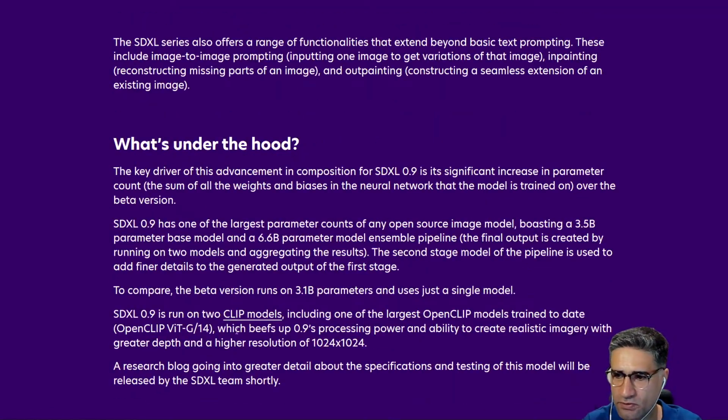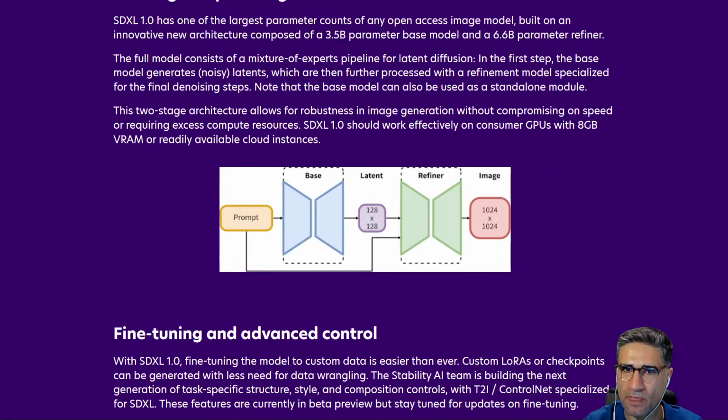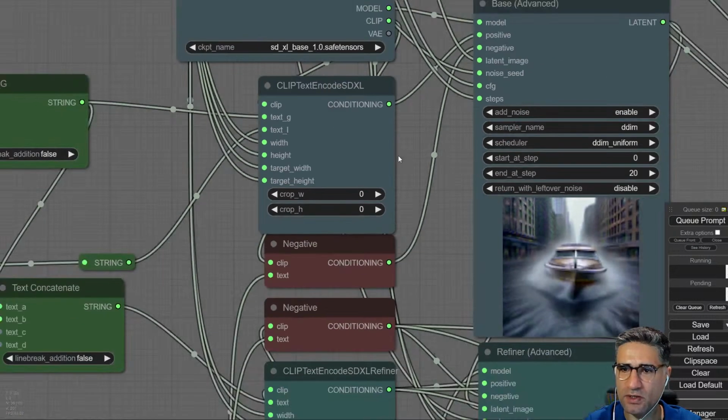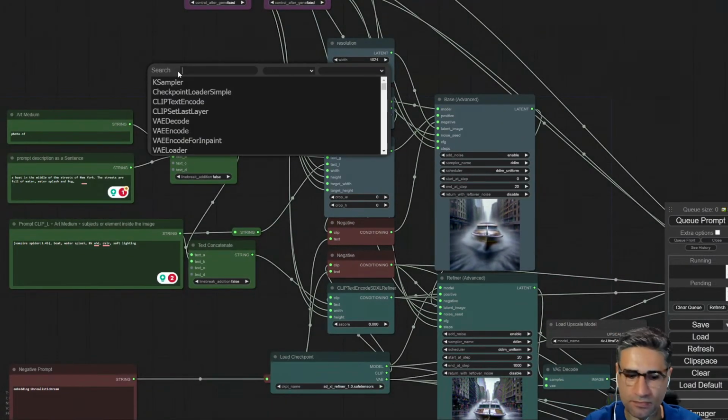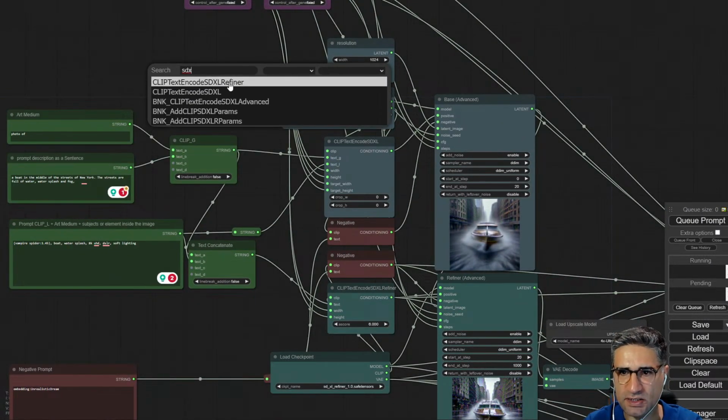Okay, so I just want to tell you that one of them is OpenClip G/14, and also in ComfyUI, if you load the SDXL